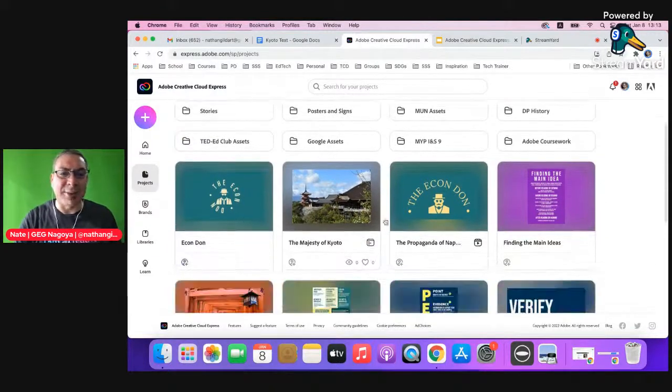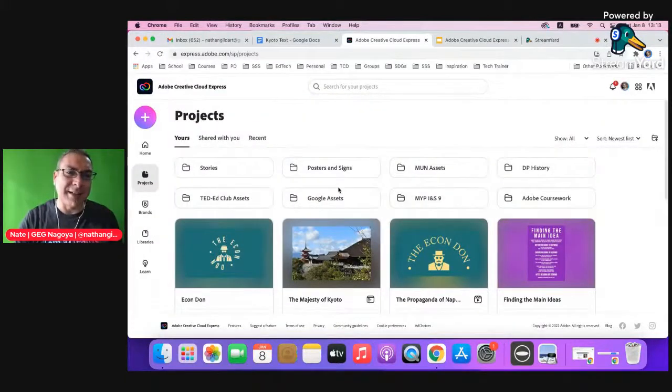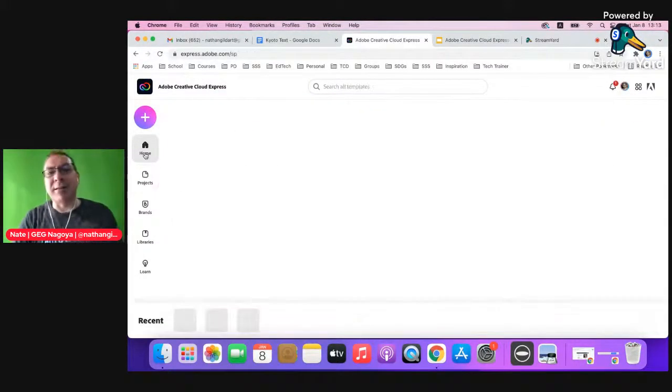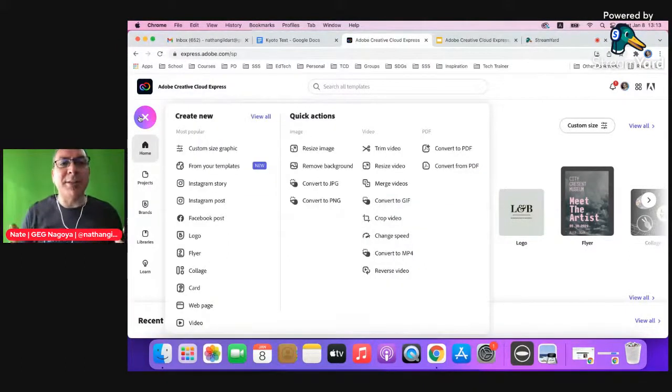Now, these ones, for example, don't have any place in particular at the moment, so I've got to go back and organize a little bit. And I click back on Home. And what I want to do is create a video. So this plus button up here is where you want to create stuff, videos, images, web pages, that kind of thing. This is where you need to go. Okay, so note here, if I go right down to the bottom where it says video,